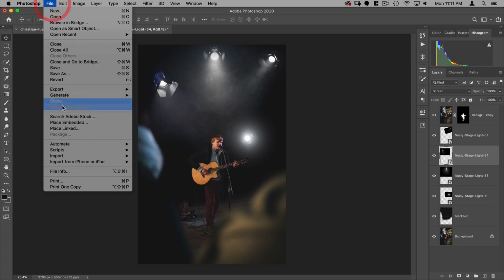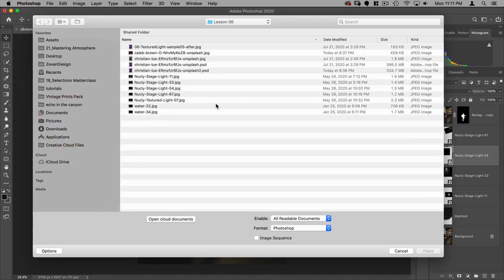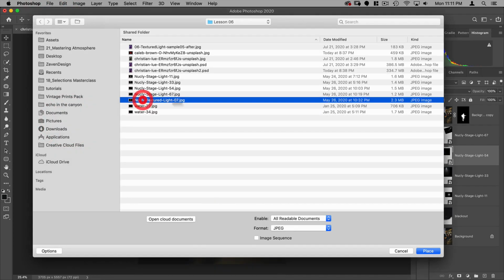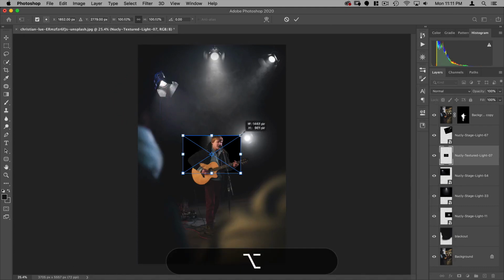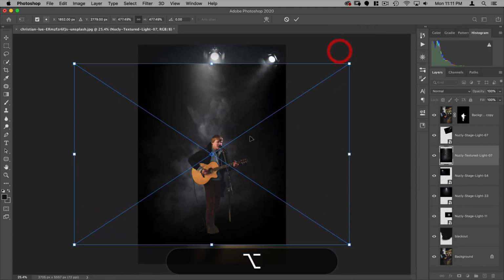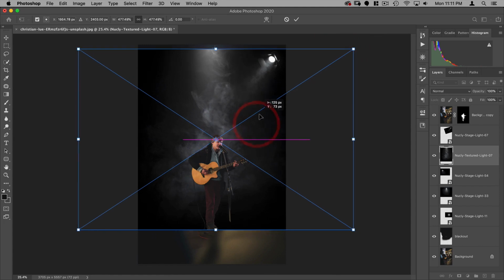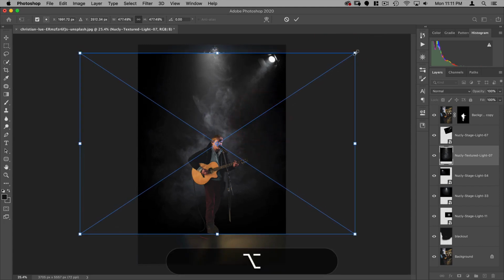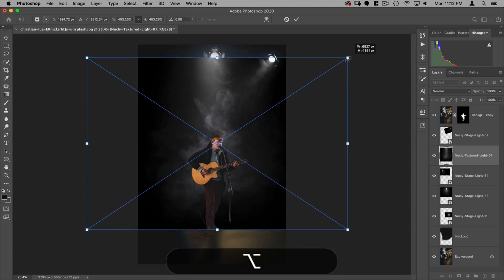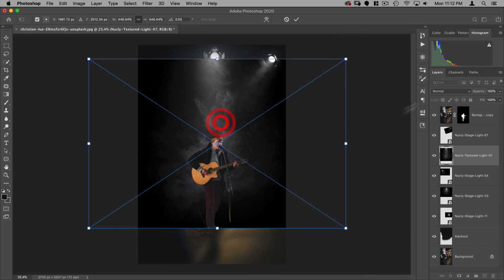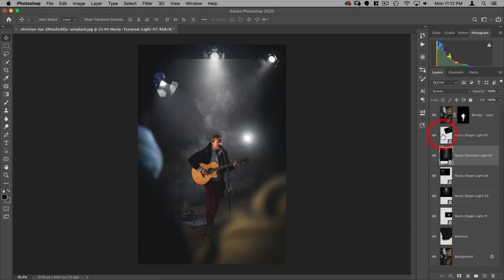And then finally, let's do File, Place Embedded. And we have this textured light, so let's store that in there. Kind of want this to be smoke behind him, like this. So look like it's coming from this light. Let's put that on screen.